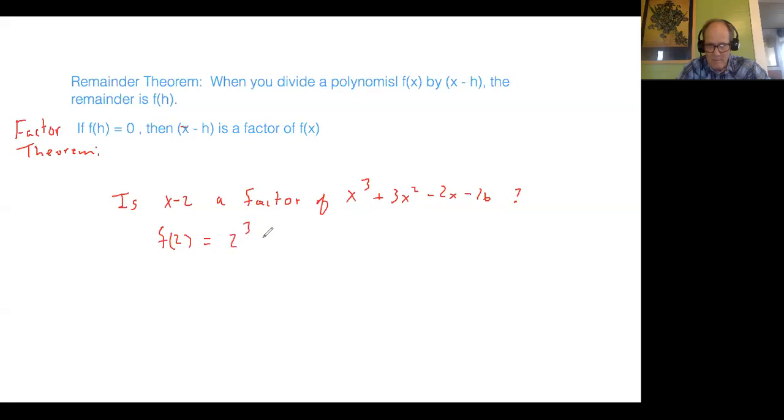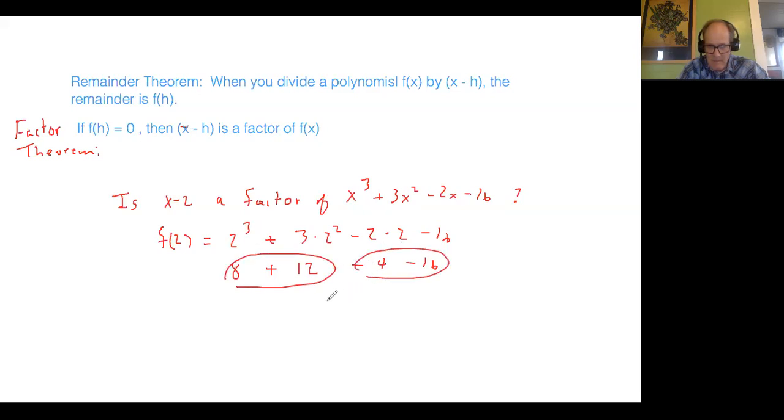So 2 cubed plus 3 times 2 squared minus 2 times 2 minus 16, and I get 8 plus 12 minus 4 minus 16. There's 20, there's 20. Subtract them and I get 0. So therefore, x minus 2 is a factor